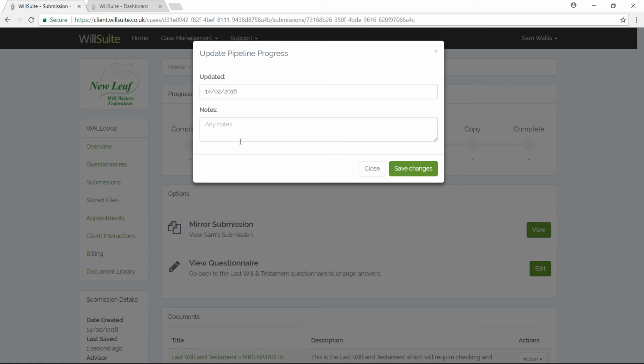and add some notes. So these notes will come directly to Alan and I. So hi Alan, please check this will. Okay, once I click save, and if the internet's working okay, once I click save and refresh,